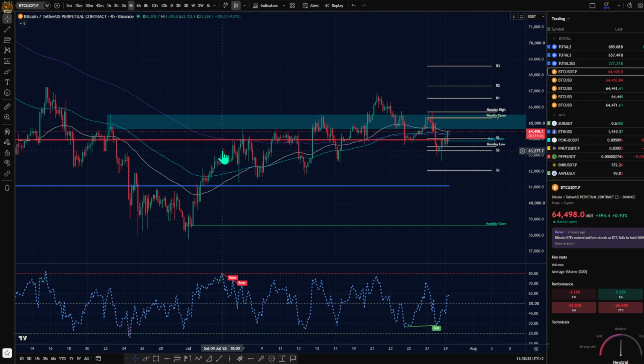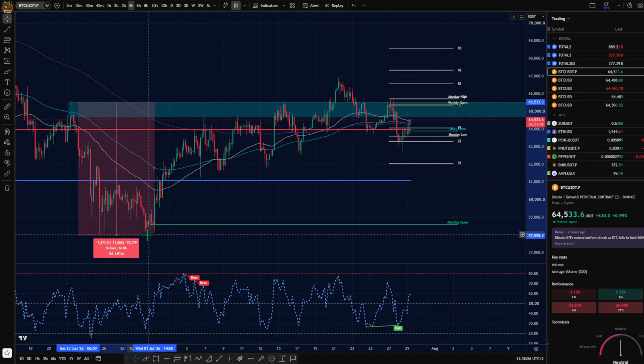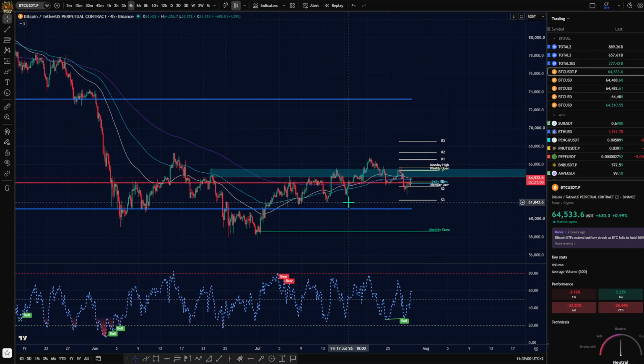As you can see, Bitcoin has been hovering and trading around the PLC level ever since the beginning of the month, basically the 5th of July right here. We have been trading and hovering below and above the PLC level, and also this very important local top high from back in June after we had that major drop towards the lows right here at around 57k. So right now what this means,